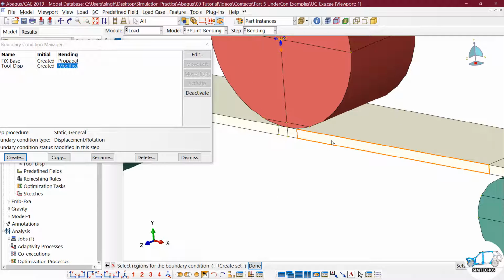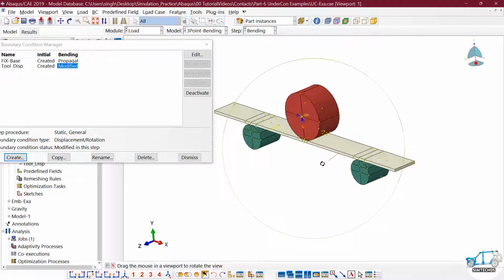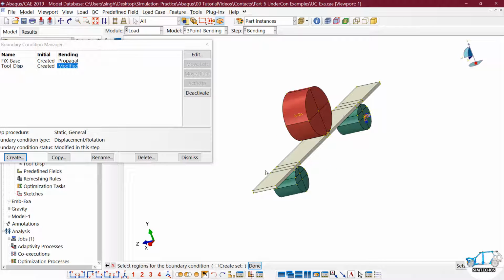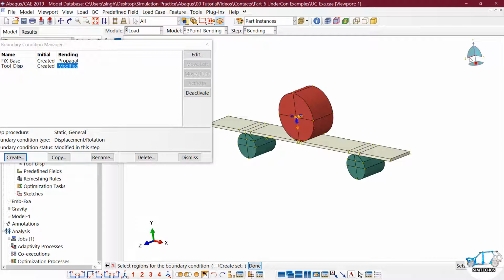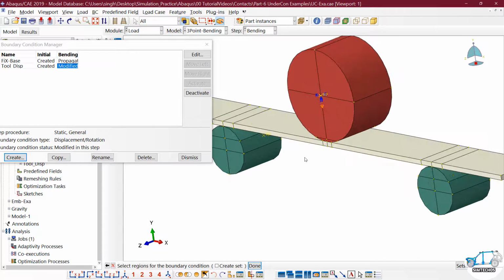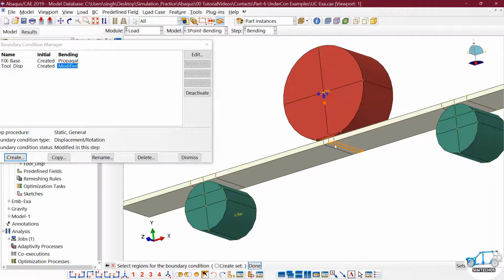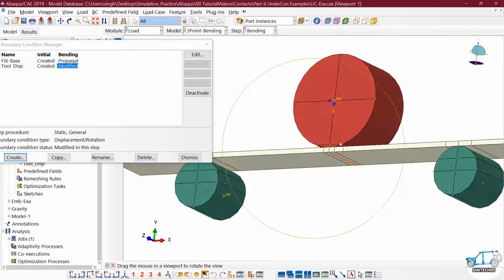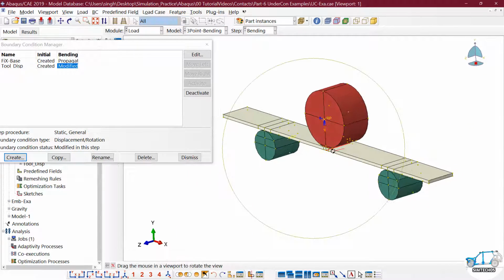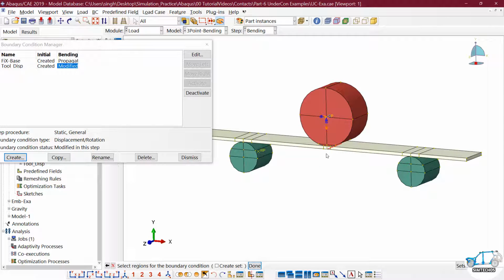Of course you can define those faces, as well as these faces. In these faces you can restrict the z degree of freedom, but what I am going to do is choose this particular edge. On this edge I am going to restrict z motion as well as x motion, because when this plate is going to be bent, this particular line is going to be drawn only in the y direction. It is not going to move in the x direction and z direction anyhow.